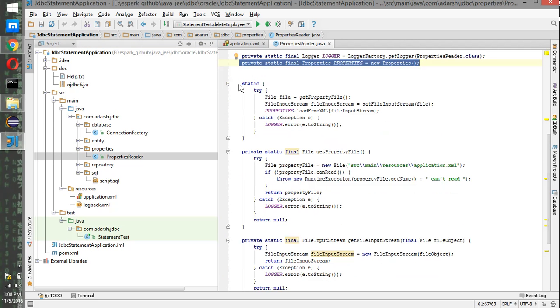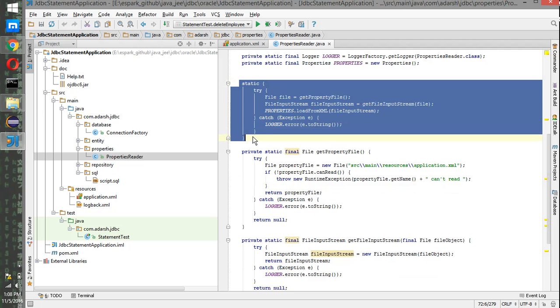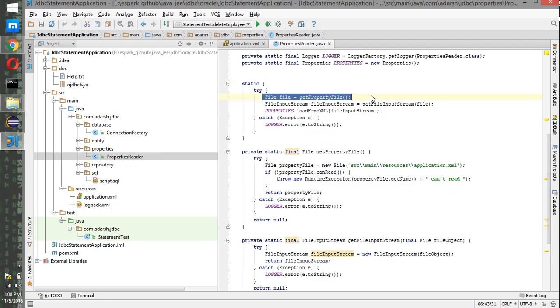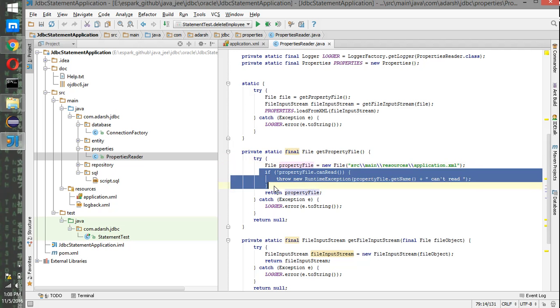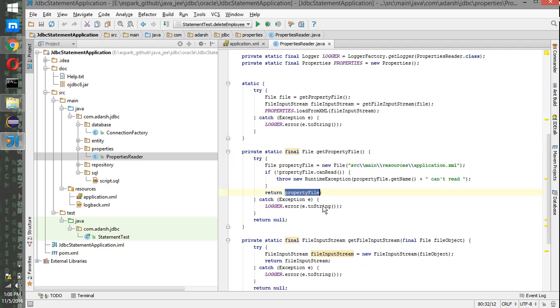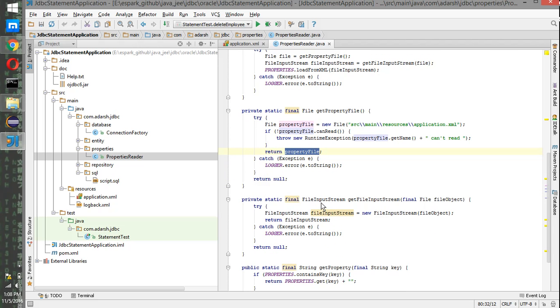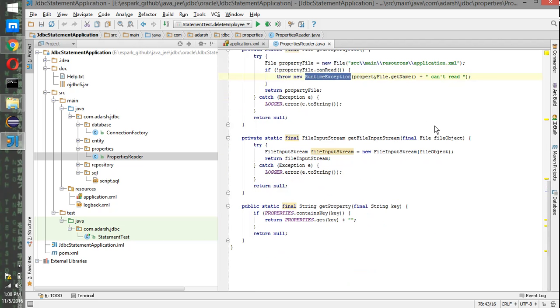In the static block of the property reader class, I am saying get me the property file. My XML file resides in this location. I'm reading that and verifying whether we can read it or not. Once I'm assured that we can read it, I'm returning it, otherwise I'm throwing a runtime exception. Then I'm passing the same file object to get the input stream